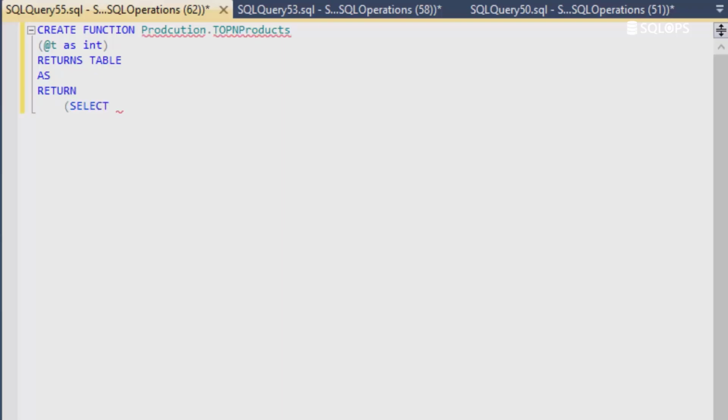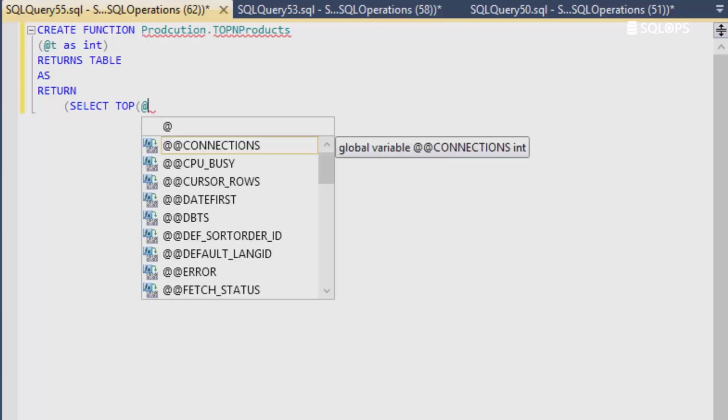Use the select statement, and let's use the parameter that we have here,